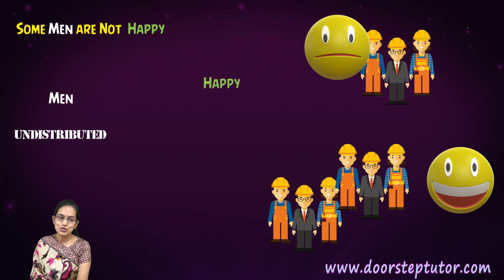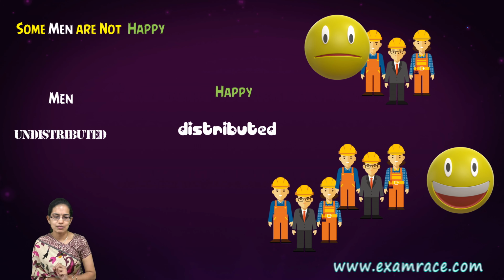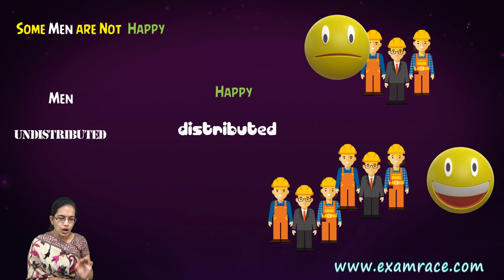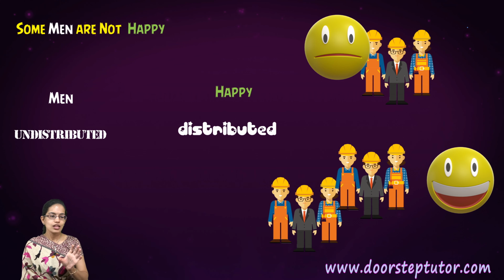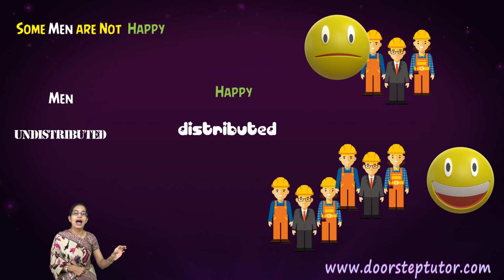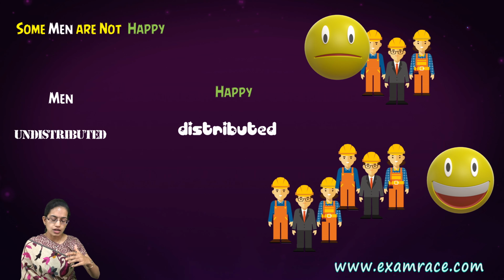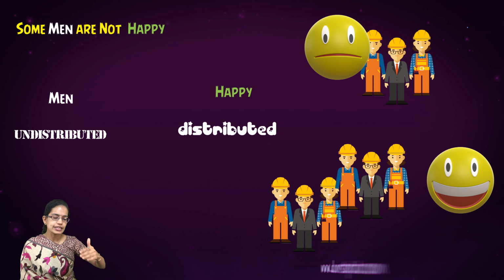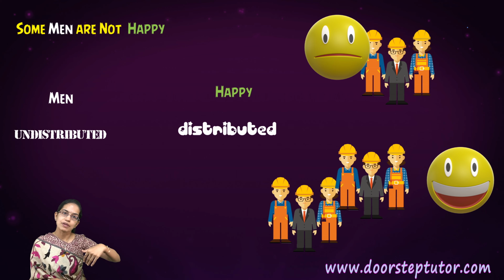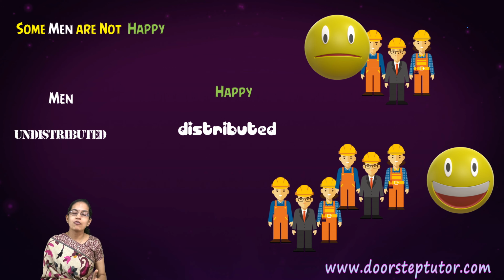But when it comes to happy, this happy is distributed. It is equally applicable to all. Now how do you understand it? You have to know the sum total of the happy people, to assert that some of the men are not found anywhere in the class of happy people. So all those who are not happy would go away. So all those who remain would be happy. And therefore, this is what?